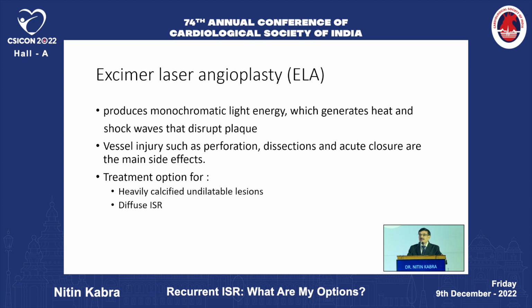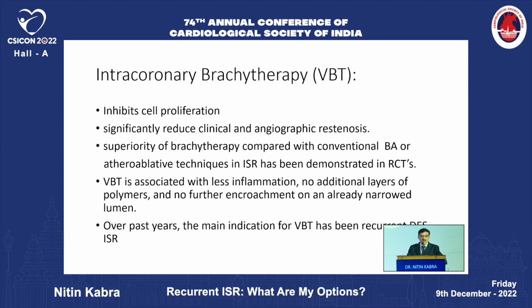Now coming to excimer laser angioplasty, it produces a monochromatic light energy which generates heat and shock waves to disrupt the plaque. But vessel injuries such as perforation, dissection, and acute closure are much more common compared to rotational atherectomy, and so it should be used very judiciously, and only in heavily calcified undilatable lesions in patients with diffuse in-stent restenosis. Intracoronary brachytherapy inhibits cell proliferation, and that's how it significantly reduces